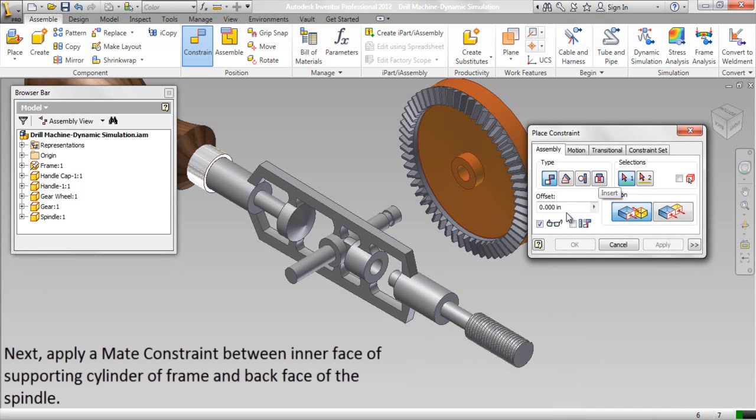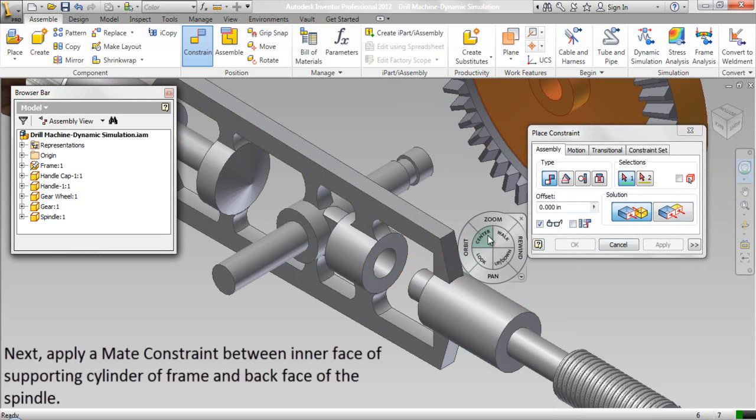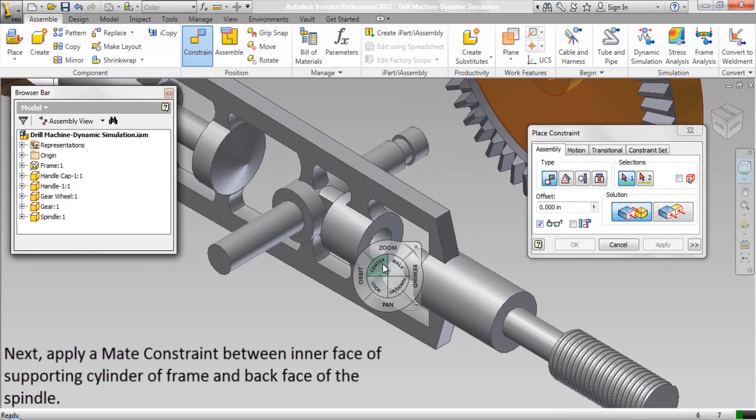Next, apply a mate constraint between inner face of supporting cylinder of frame and back face of the spindle.